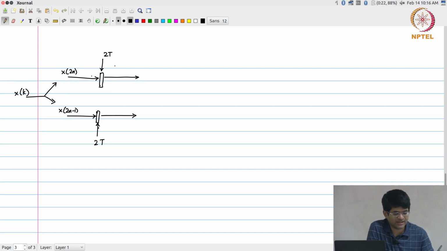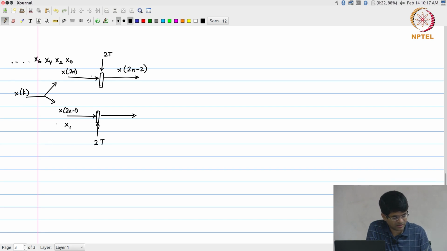If x of 2n is being fed to the top register, what was it that appeared one clock cycle earlier at the input of it, and therefore is currently going to appear at the output of that register? X of 2 into n minus 1, or x of 2n minus 2. Okay. So, what you are going to see over here is x of 2n minus 2, not 2n minus 1, because only even numbered values are going here. Okay. So, the way to think about it is, x0, x2, x4, x6 are the values that are going in here,